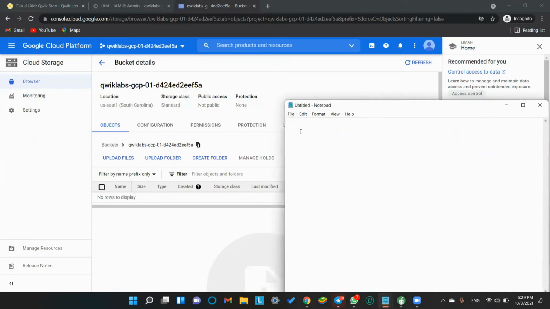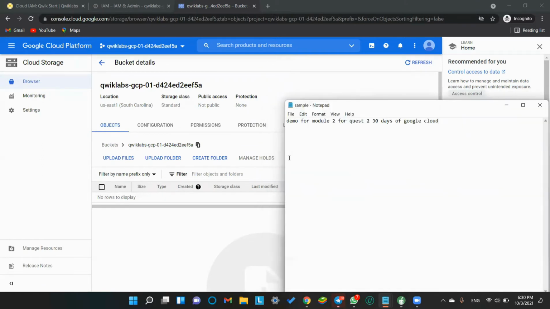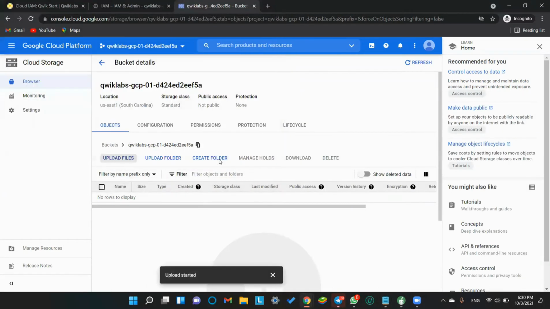New window, demo for module 2 for Quest 2, 30 days of Google Cloud, and save. They told us to save with the name sample.txt. We'll just set it to downloads and save. Okay, we are done.